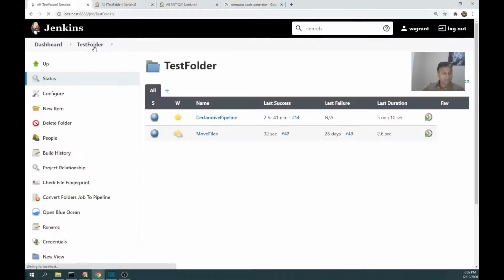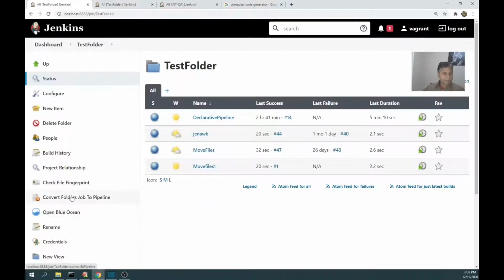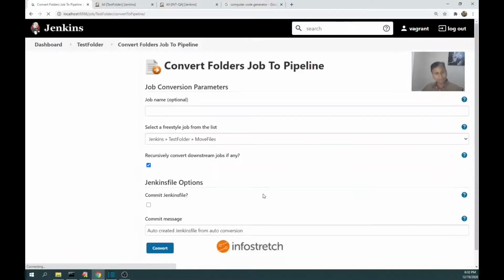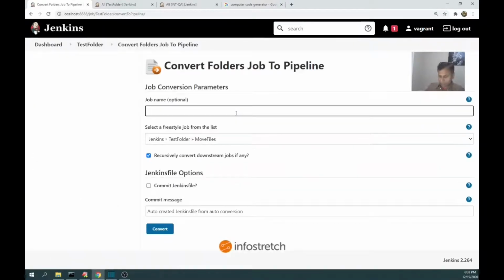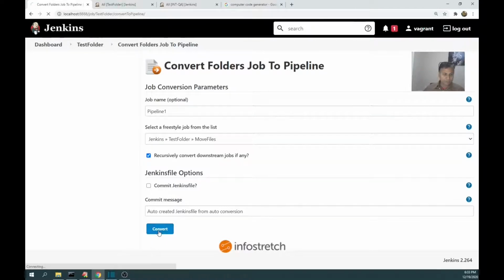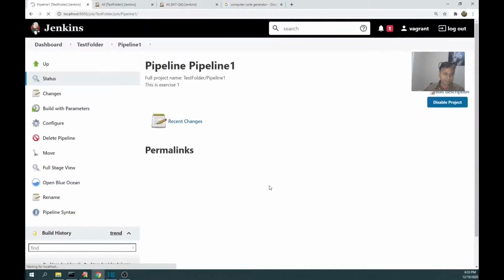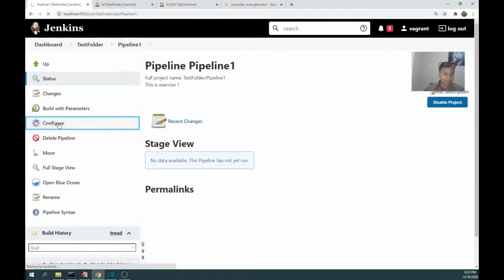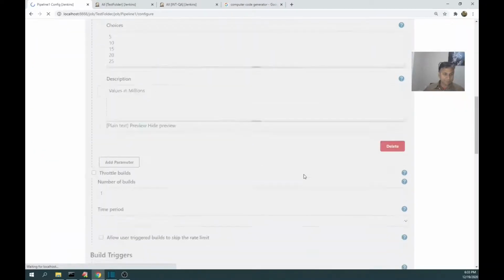Now, as I installed that plugin, here I got this Convert folders job to pipeline. Pipeline 1. I'm just calling this move job. Here, this is very important: Recursively convert downstream jobs. Yeah, that has been selected. Let's see the configuration.